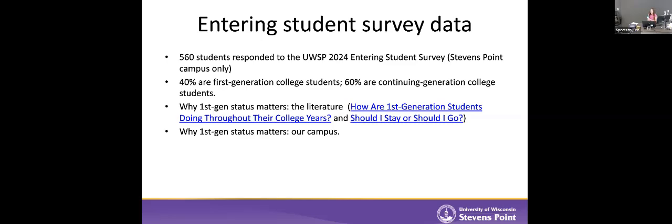Of those students who responded, 40% are first-generation college students, 60% are continuing generation, which is almost exactly the same ratio that we have currently with each incoming class. It tends to be split about 40-60. Just in case you don't know, I think everyone probably does, but just to quickly reiterate, the way UWSP defines